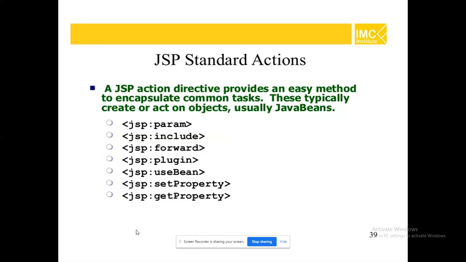It is ready to retrieve the data from the user UI controls. Okay. For example, I am having username and password, which are available in two text boxes, that can be fetched easily through that param, right? Using that parameter. So likewise, every one of them has their own functionalities. This is what your JSP standard action tags are.